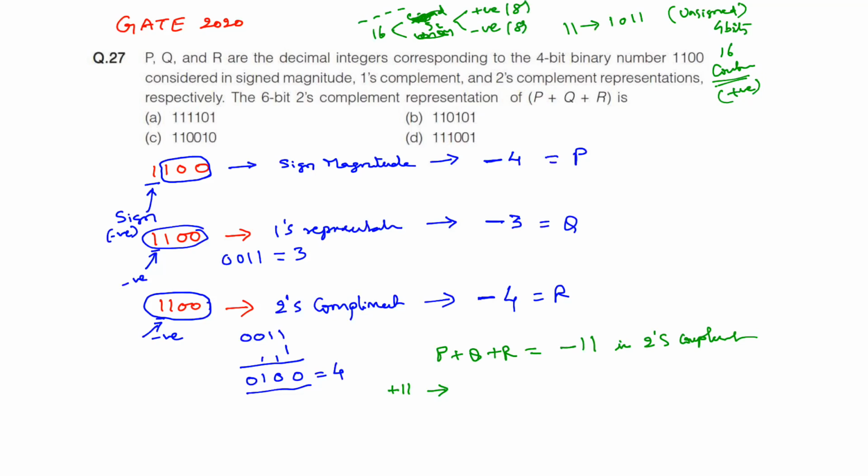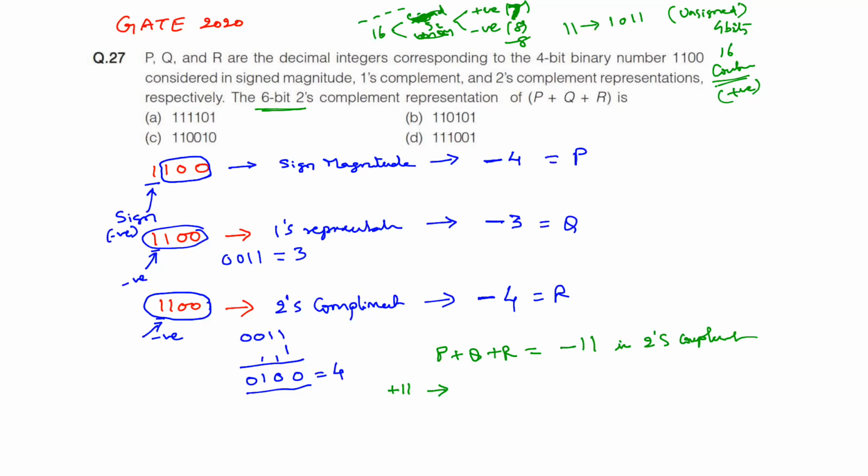In case of positive numbers you can go up to +7. In case of negative numbers you can go to -8, because there will be 0 also. That 0 will be treated under positive. So 0 to 7, 8 combinations of positive numbers, -1 to -8, 8 combinations of negative numbers. So you cannot represent 11 in 2's complement form with 4 bits. So definitely it requires 5 bits minimum. But here we must represent in 6 bits. So how are you going to represent it in 6 bits?